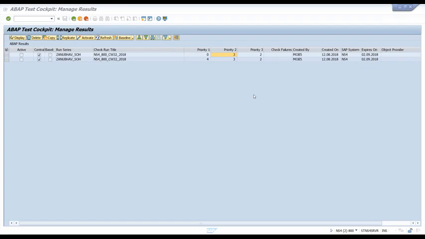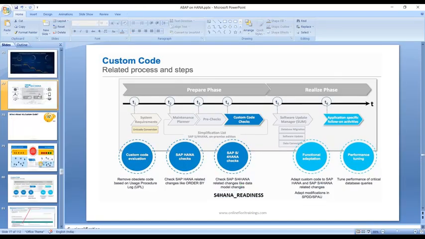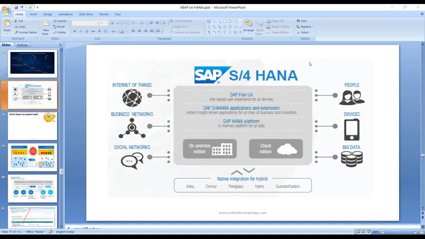Now guys, one more important thing: that is again only for S4 HANA on premise. As I told you, in S4 HANA Cloud you do not have such flexibility to write your custom code. You can only do some extensions with the help of HANA Cloud Platform, but you will not have the luxury of complete custom ABAP coding, because you never get access to SAP GUI in Cloud Edition. S4 HANA Cloud Edition is like a pre-built solution as per standard best practices. So here you have industry best practice scenarios.